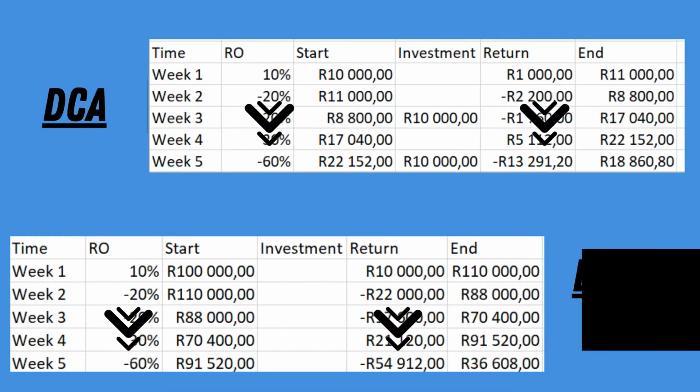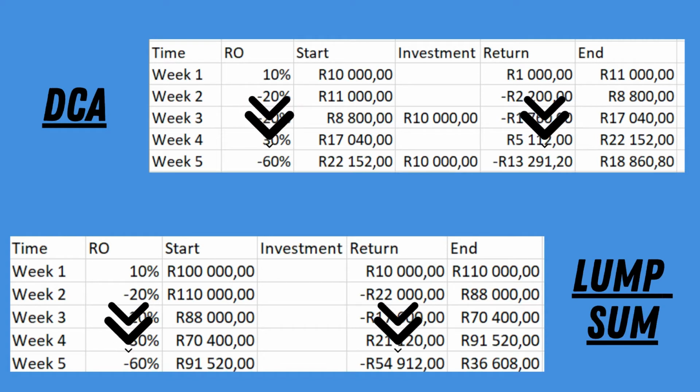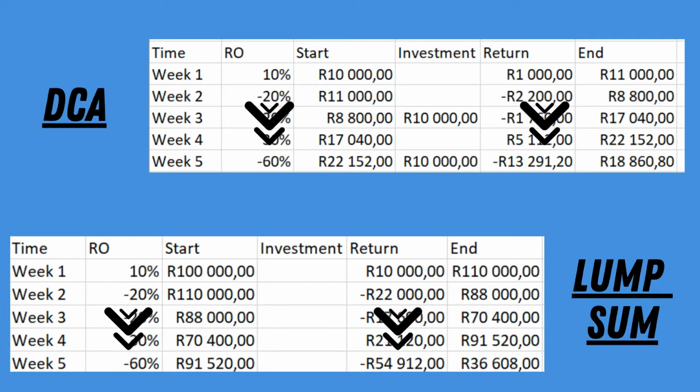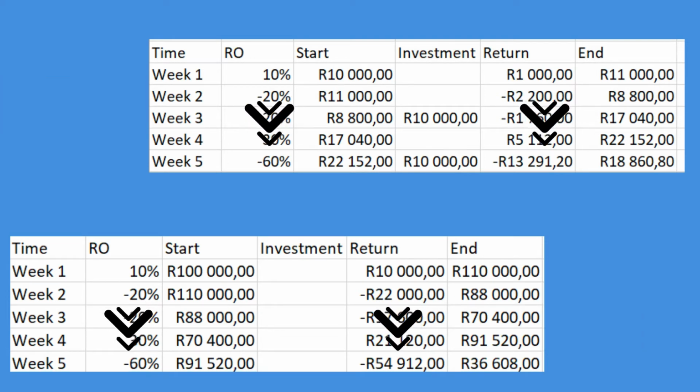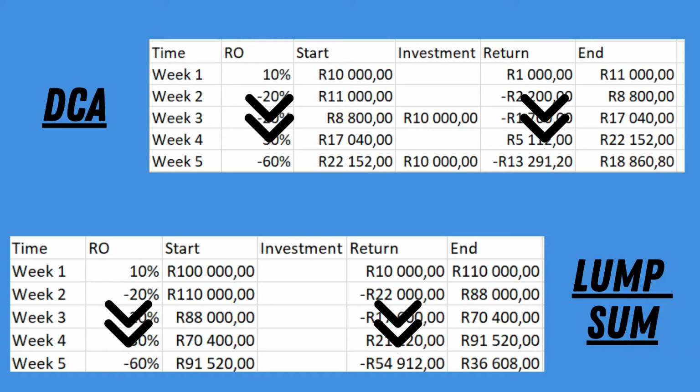Let's quickly have a look at why this happened. In the first 5 weeks, remember, what's happening on the screen here, you'll see on the top, we're looking at the dollar cost averaging first 5 weeks. And at the bottom, we're looking at the lump sum first 5 weeks. So the first 5 weeks in the dollar cost averaging method, like I took you through this, but look here, in our